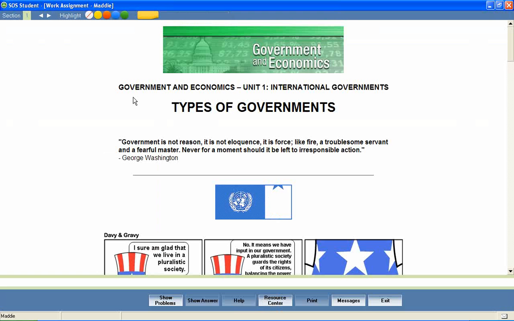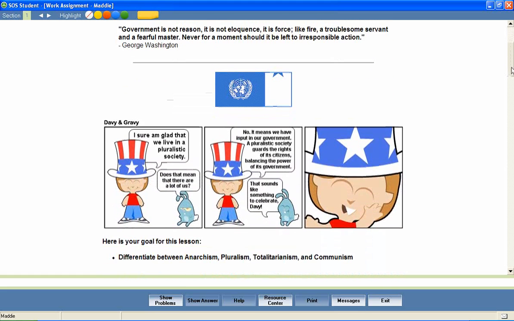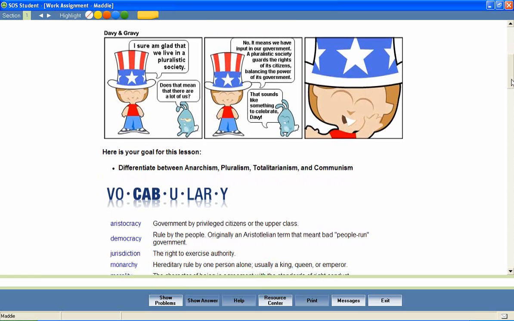In a unit entitled International Governments, let's look at a lesson called Types of Governments. Most Switched On Schoolhouse lessons begin with a brief introduction and a list of objectives for the lesson. These objectives help students stay focused on important lesson content and provide parents with an effective way to measure mastery